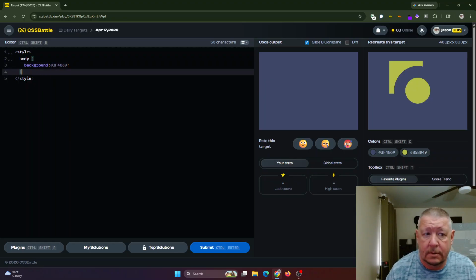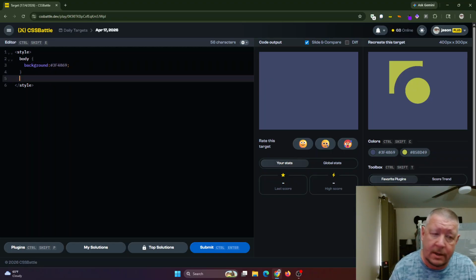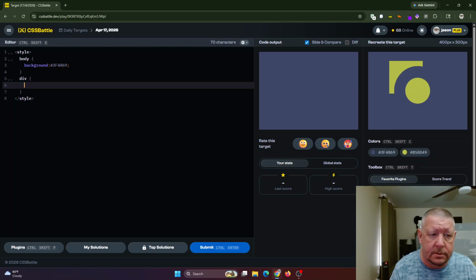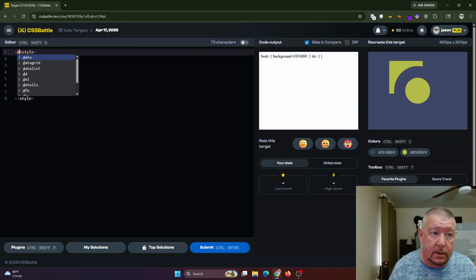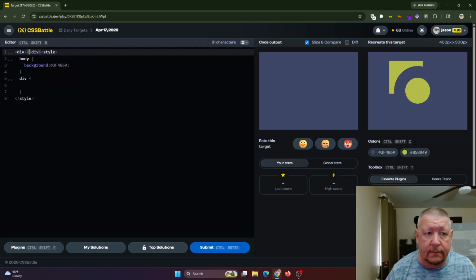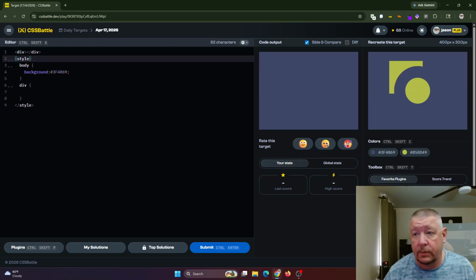So I'm just going to jump down and I'm going to add a div. Let's do it that way today. That's not where you put the div. This is where you put the selectors. And then you put the div in the actual markup. So there's our first div. So the first thing we need to draw